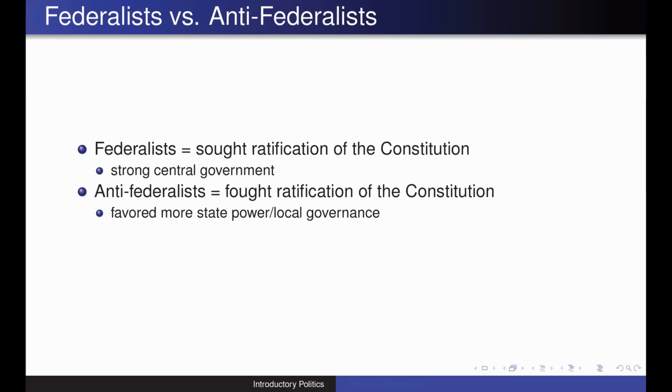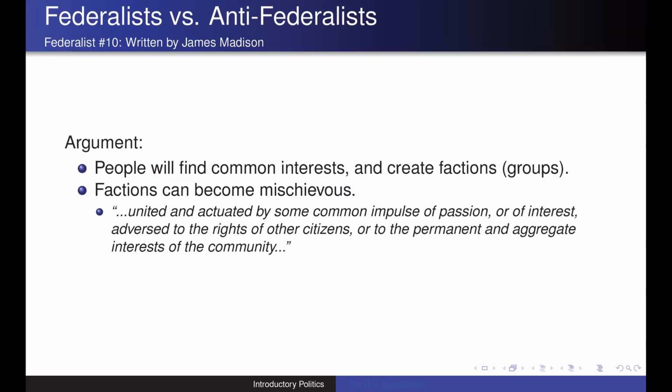In the end, we have a series of essays written in the newspapers, written and distributed by newspaper to the public in order to make the case for or against this new constitution. And this is where we end up with the Federalist Papers and the Anti-Federalist Papers. When it comes to the Federalist Papers, we'll look at a couple of those, Federalist Paper number 10 and Federalist Paper number 51, because they both in conjunction set out the primary fundamental argument as to why this new